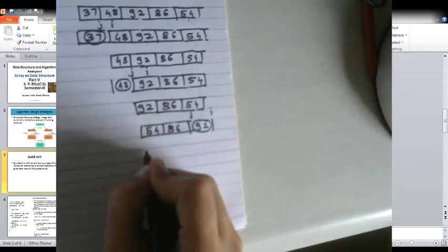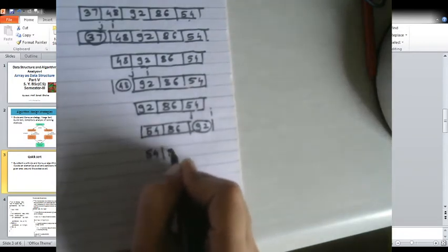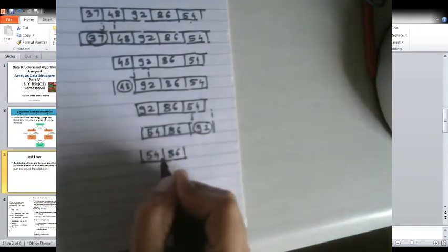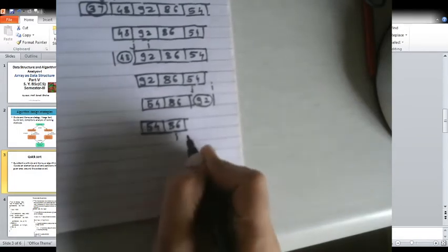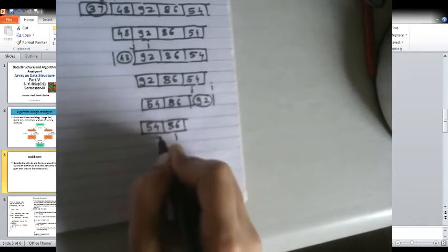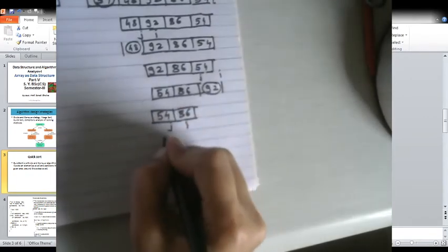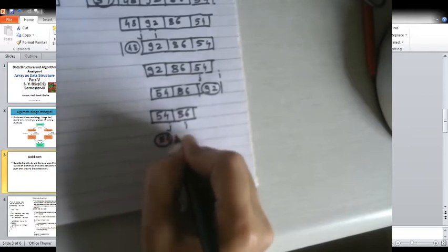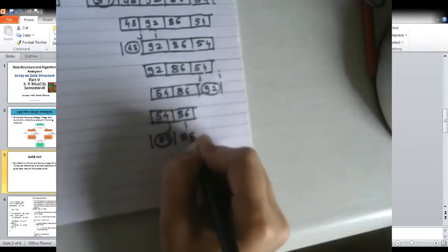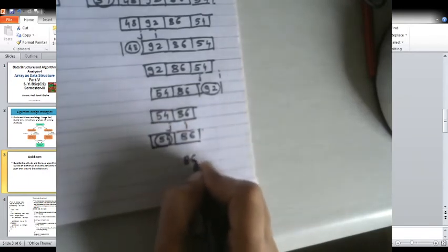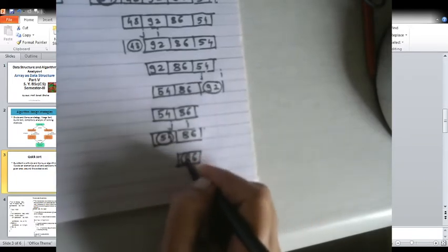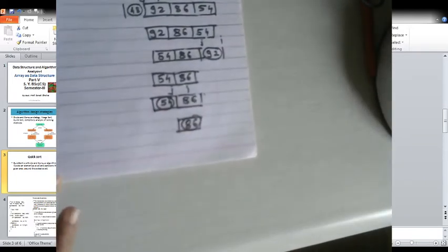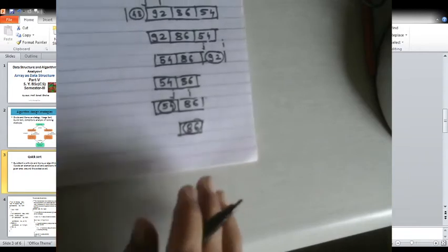Consider only 54 and 86 here. In the same way, consider 54 as the pivot point. The element greater than this is at i, and there is no element less than 54, so j. So consider 54 as the pivot point and here is 86. So 54 is also in the sorted list. The next element is only 86, and a single element is always sorted, so 86 is now sorted. After this, write all the elements at the end.